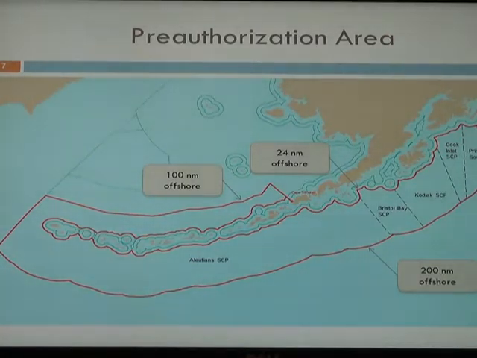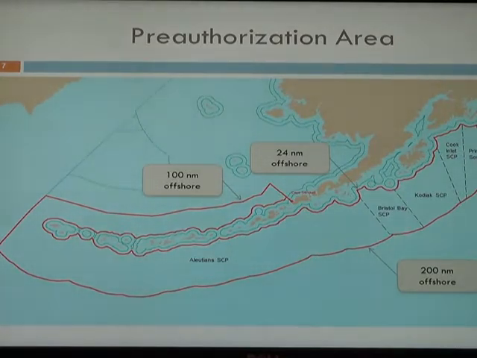So this is the pre-authorization area. It commences at Cape Suckling on the east and ends at Cape Sarichef after it goes up and around the ocean chain. And you'll see that it's pinned to the shore of those two locations. And the intent of that is to prevent tanker vessels from transiting the pre-authorization area by going behind it. But the pre-authorization area itself starts 24 nautical miles offshore.